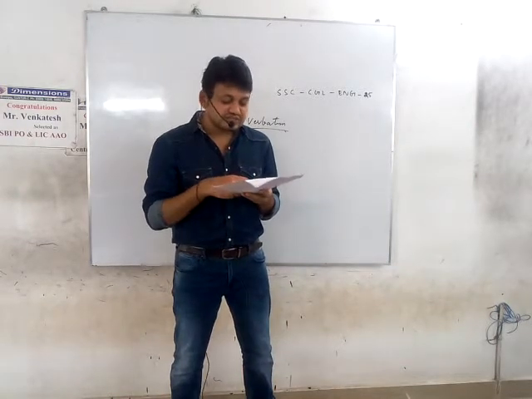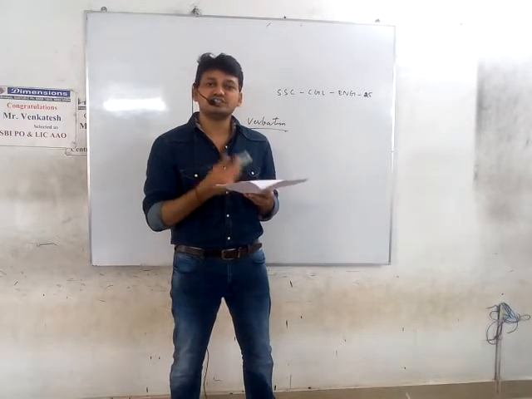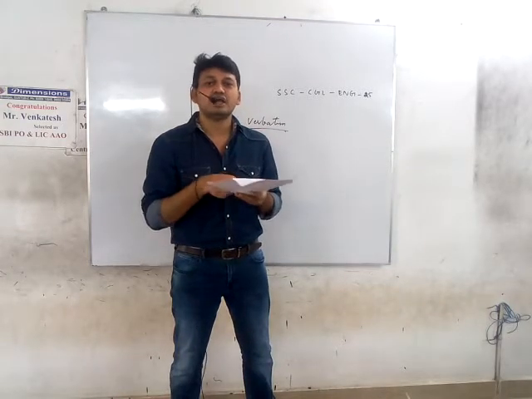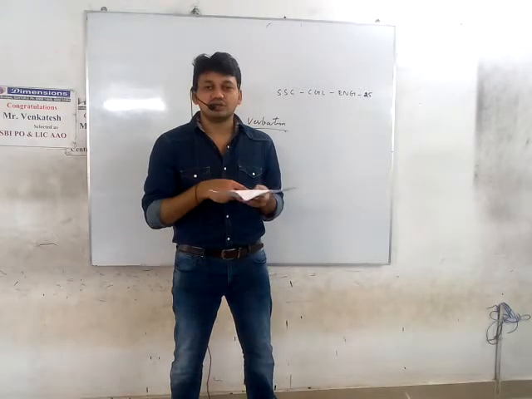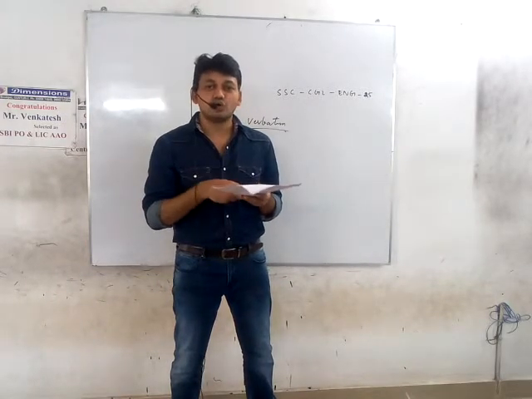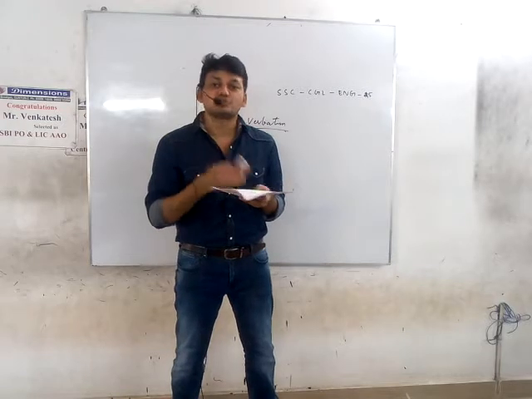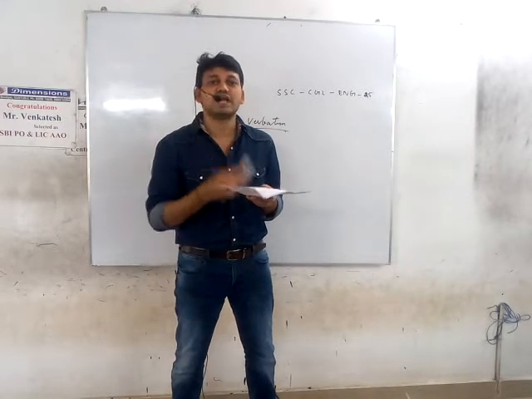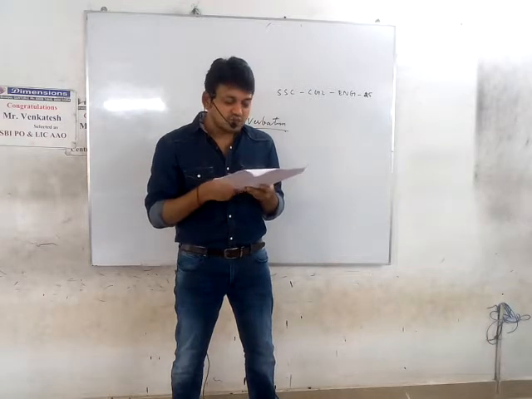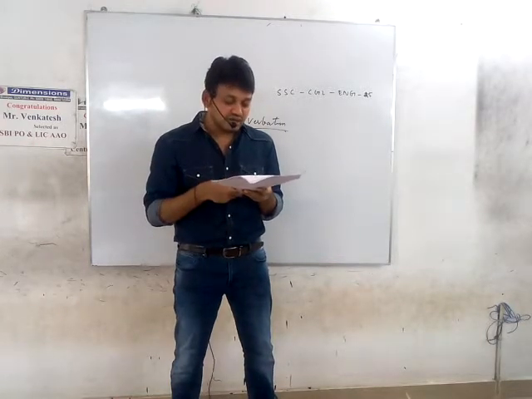Next one, that which cannot be understood or known. This one we have seen so many times. Illegible. So something inscrutable, something which cannot be understood or known. So something which cannot be scrutinized, right? Something which cannot be examined or scrutinized. So inscrutable. Let's look at the meanings of the other words as well.